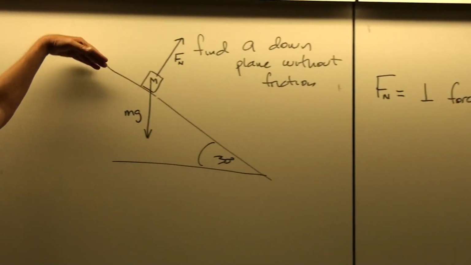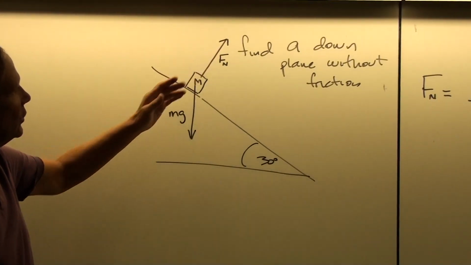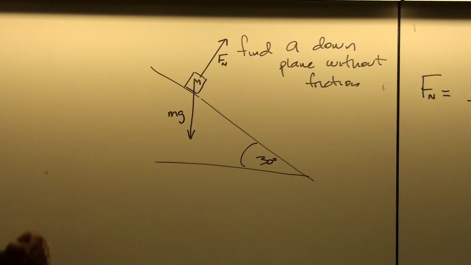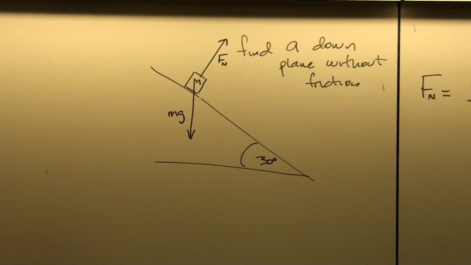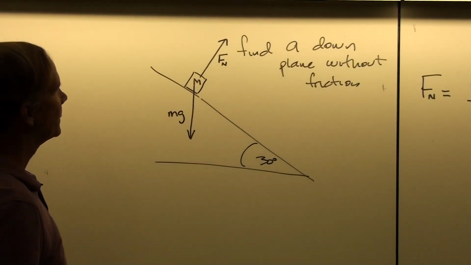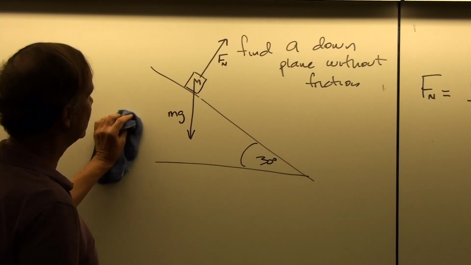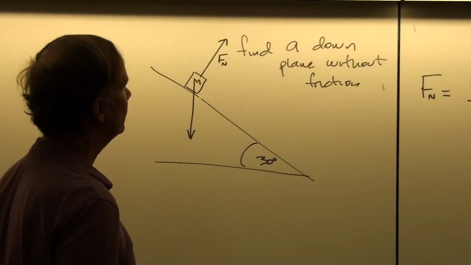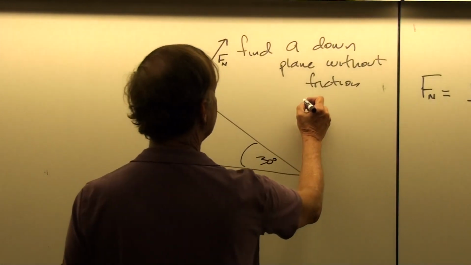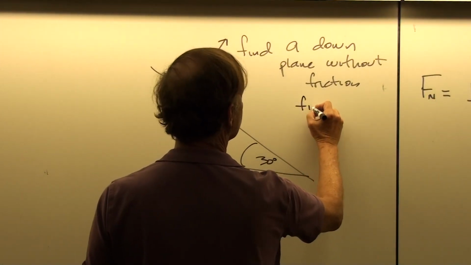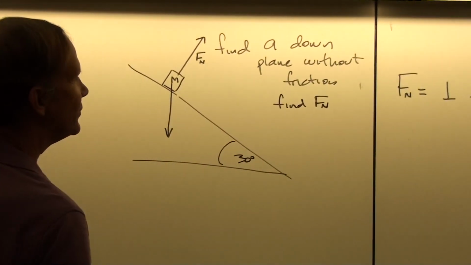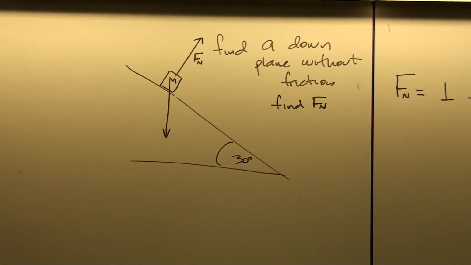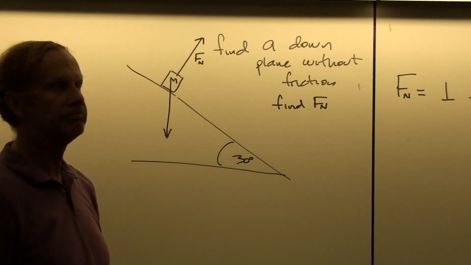Okay, and so in this case, because the surface is inclined, the normal force has to be perpendicular to that surface. And so that's how hard the surfaces are being pushed together, which we'll need later when we get to friction. Okay, so, but now the question is, what is the acceleration of the plane? And let's also find the normal force, because that might be fun to find, just in case we wanted to, later on, do this problem with friction.